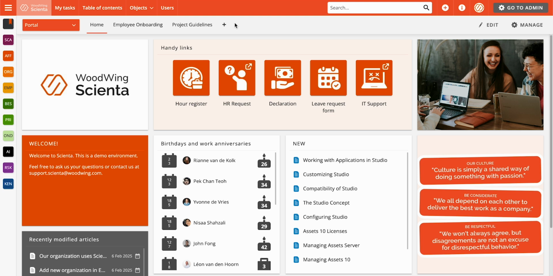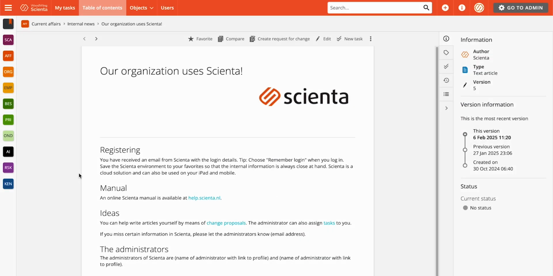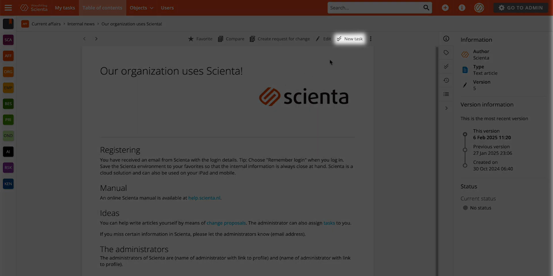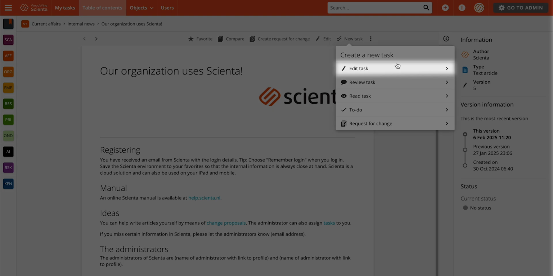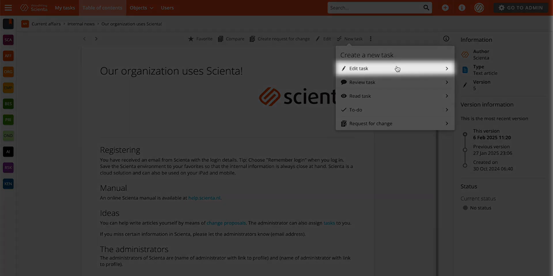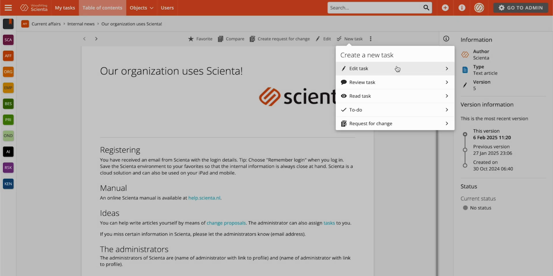To create a new task, start by opening the desired article on the portal page. Then, click the New Task button at the top of the article. This will display 5 task options, each tailored to a specific purpose. The first option is the Edit task, which allows admins to assign a task to themselves or another admin to edit one or more articles within Scienta. This type of task is perfect for when content needs to be updated, revised, or edited by someone with admin